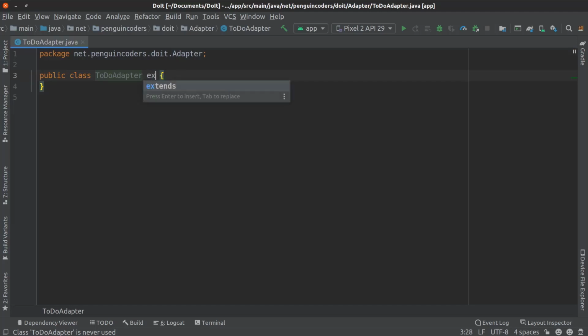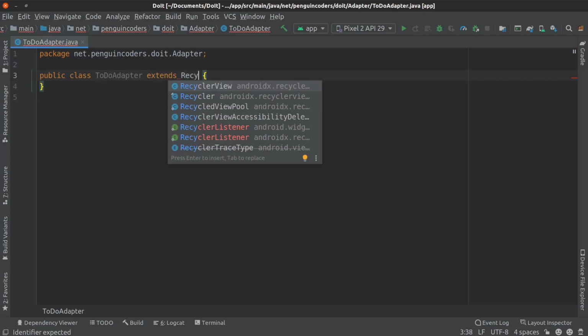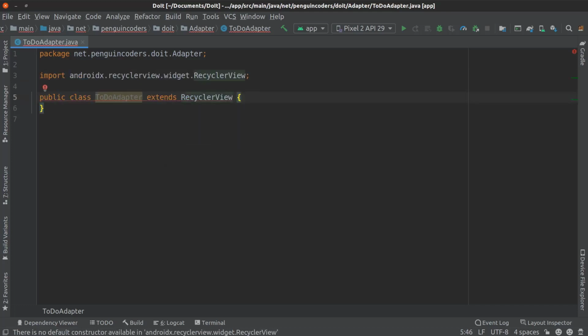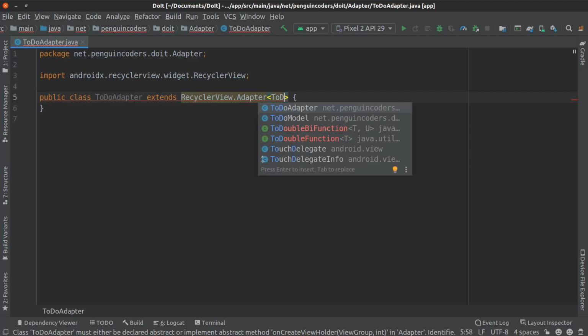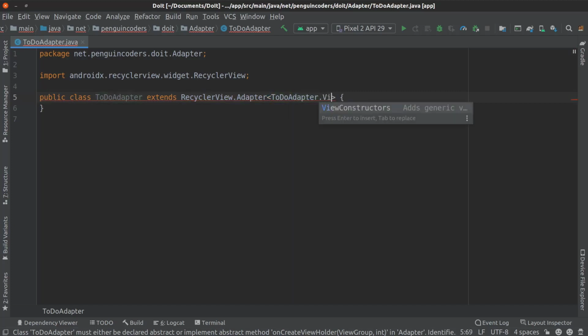So it extends the RecyclerView.Adapter class, and we need to actually make it ToDoAdapter.ViewHolder class, which we will define later on. So ToDoAdapter.ViewHolder.